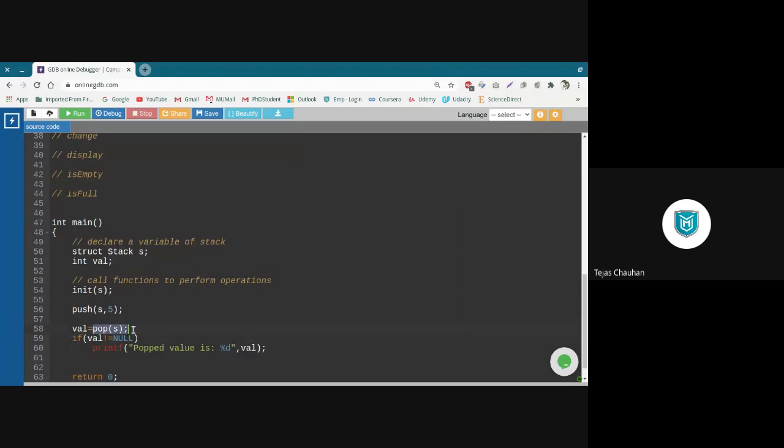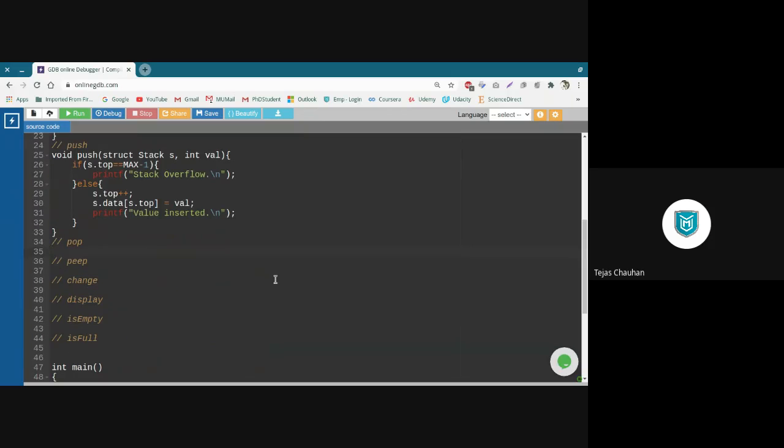Now if I call this pop function, let us define that function here. It will return one value, so the return type will be integer, pop, and this is a function. It will have one stack variable as a parameter. So I'm going to return one value at the end, and from where can I get that value?